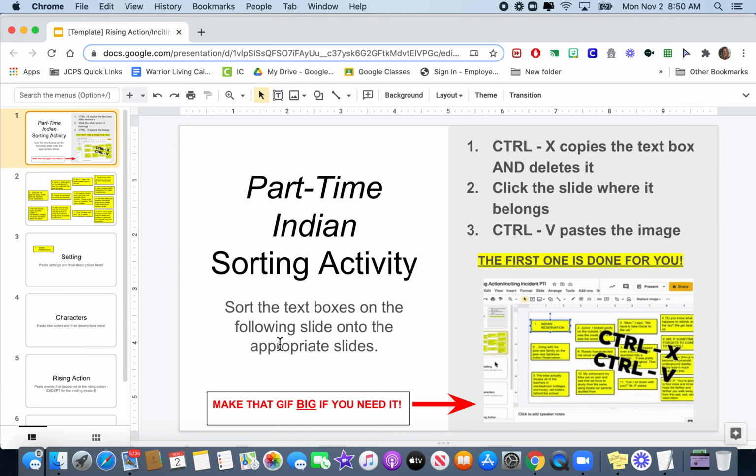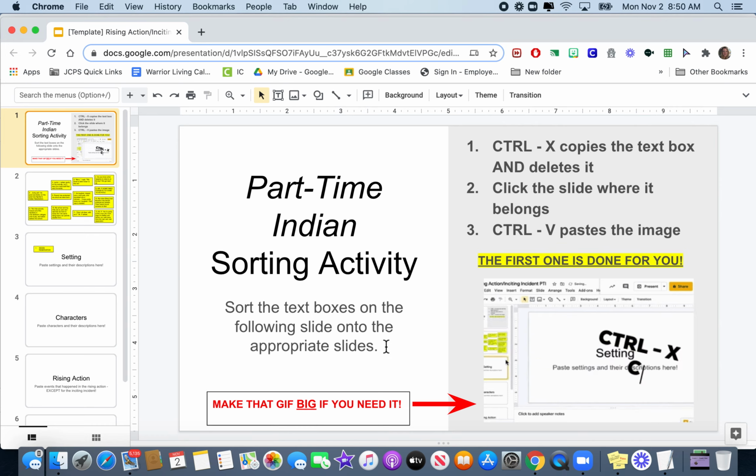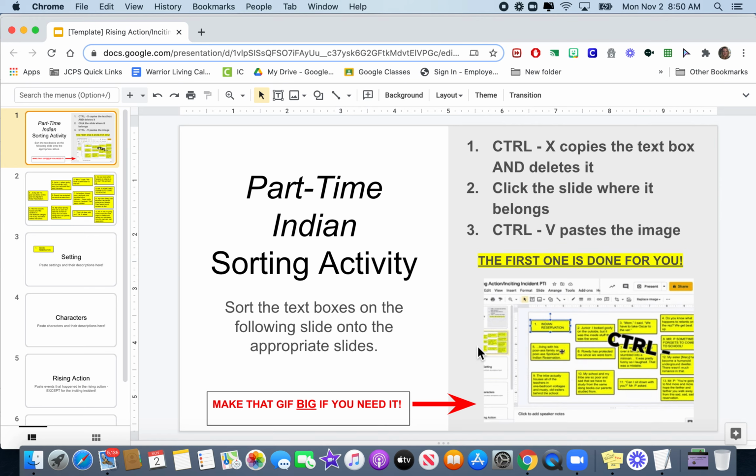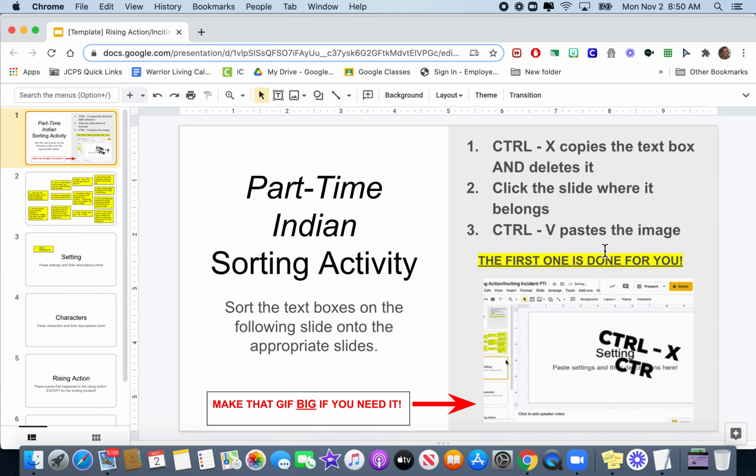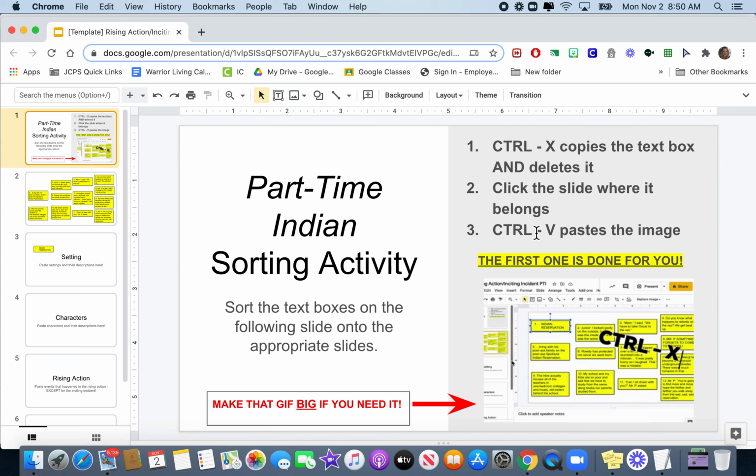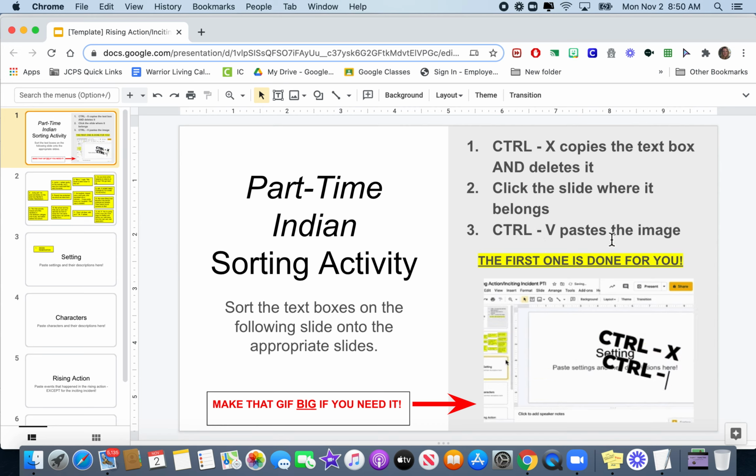Okay, so we will be sorting the text boxes on the following slides into the appropriate slides. If we were in the classroom, we would be doing this as a card sort, where we would take pieces of paper and put them in different categories. The digital skills that we need for this are Control X, which copies the text box and deletes it, and then click the slide that you want the text box to be sorted to, and then